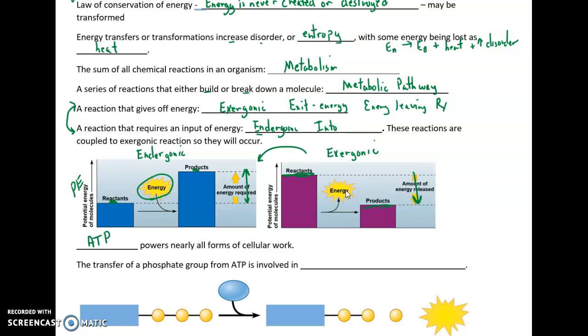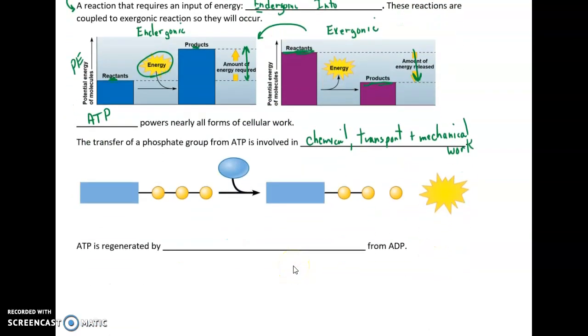ATP is used to power almost all forms of cellular work. And the way ATP works, it's involved in chemical, transport, and mechanical work. So let's look at the reaction we have here below. Adenosine is linked to 3 phosphate groups. With the addition of water, the adenosine now has only 2 phosphate groups. We have an individual phosphate and